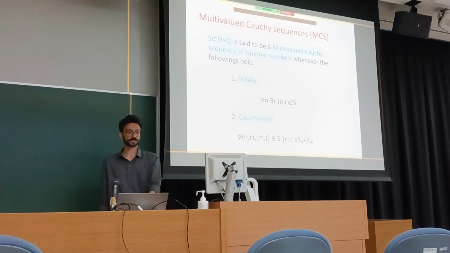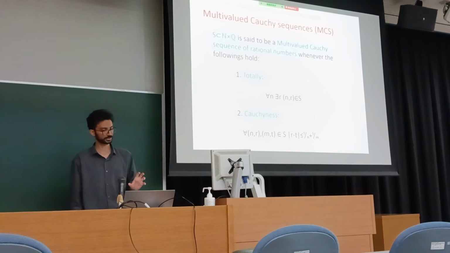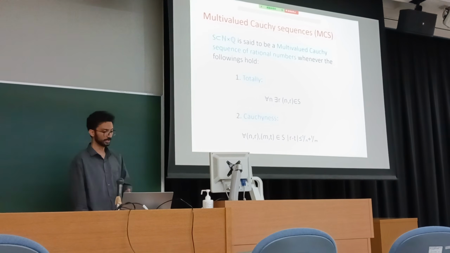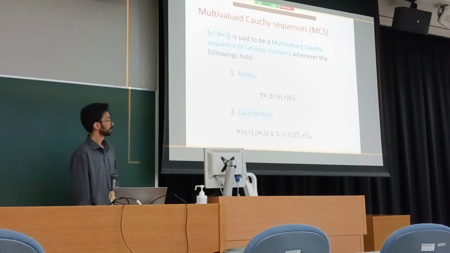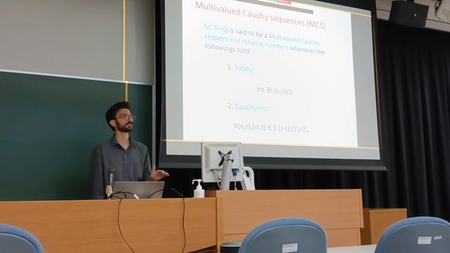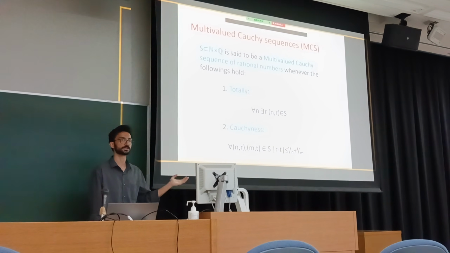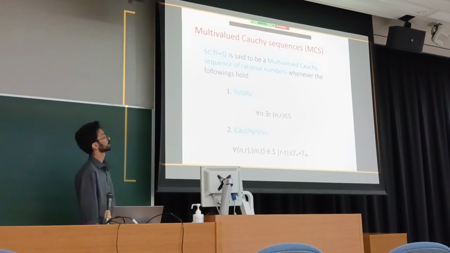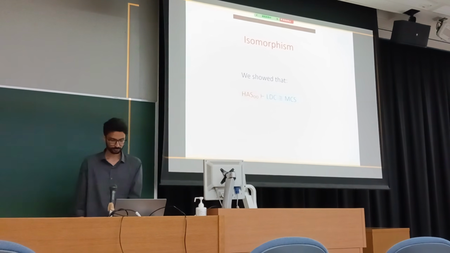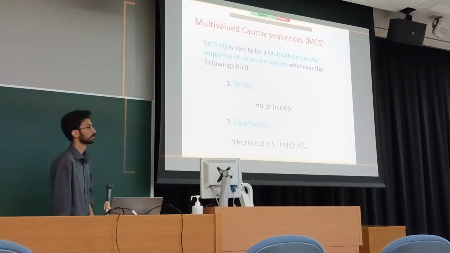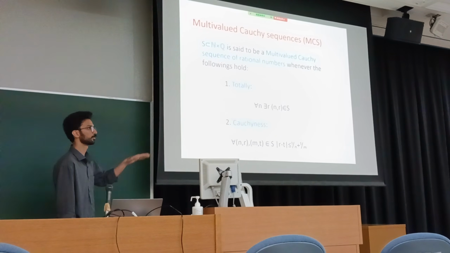And it also needs to satisfy Cauchiness. It means that the elements must get closer and closer together. In other words, for every pair (n, r) and (m, t) in S, the distance of r and t must be less than 1 over n plus 1 over m, which is the regularity property in the spirit of Bishop's constructive mathematics. So I have a question. Don't you assume the uniqueness of r for each n in the definition? No. This is the whole point here. Yes.